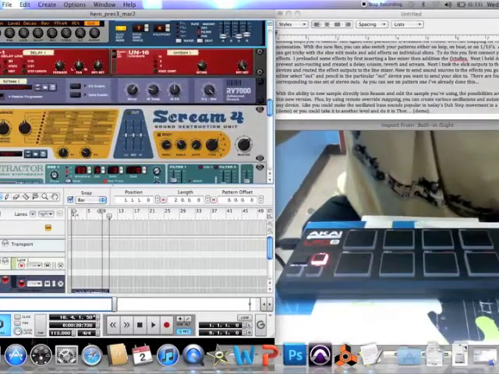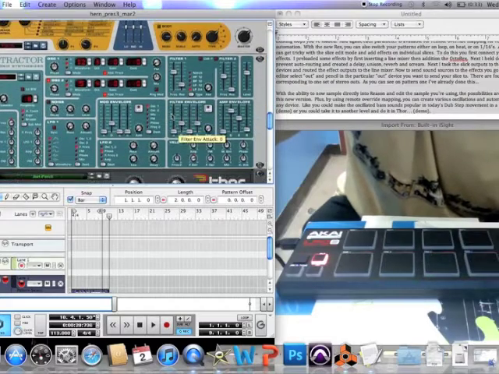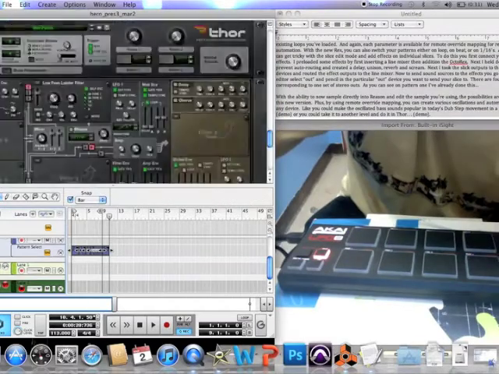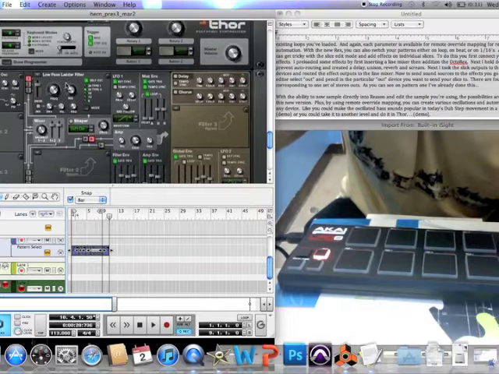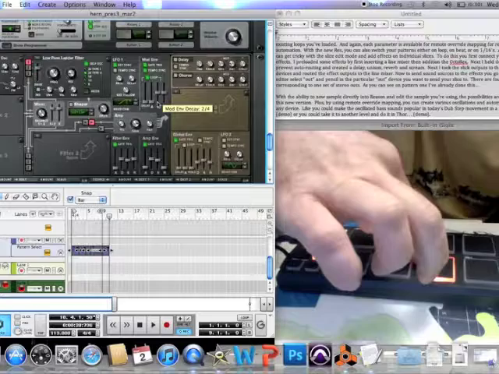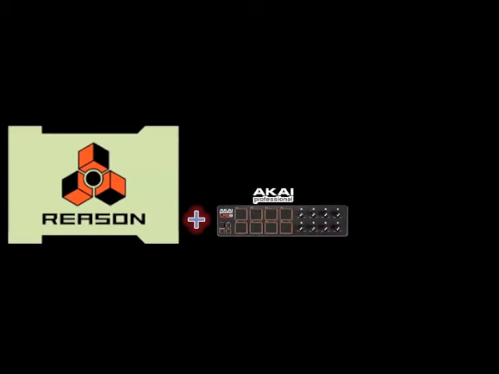With the Remote Override Edit ability, we can now use the LPAD 8 on other devices in Reason such as Subtractor or Thor, and give your MIDI composition real-time automation effects. With these new devices and the other new features in Reason, the possibilities are endless. That, and this controller, makes me